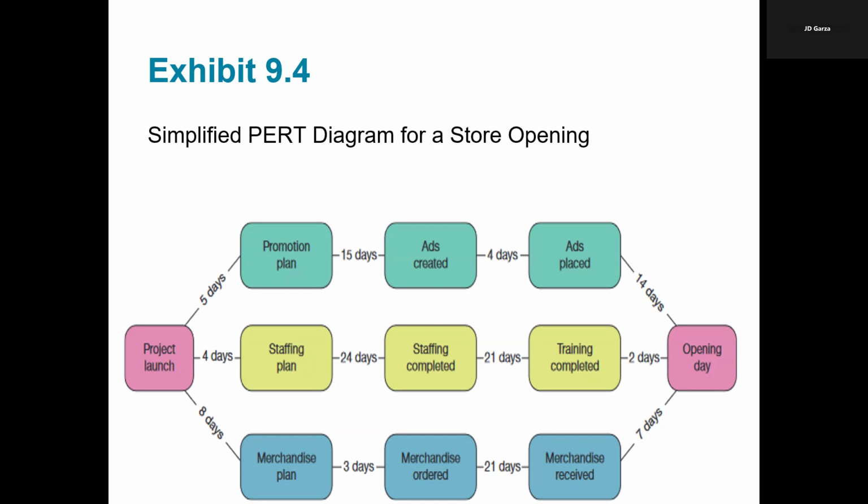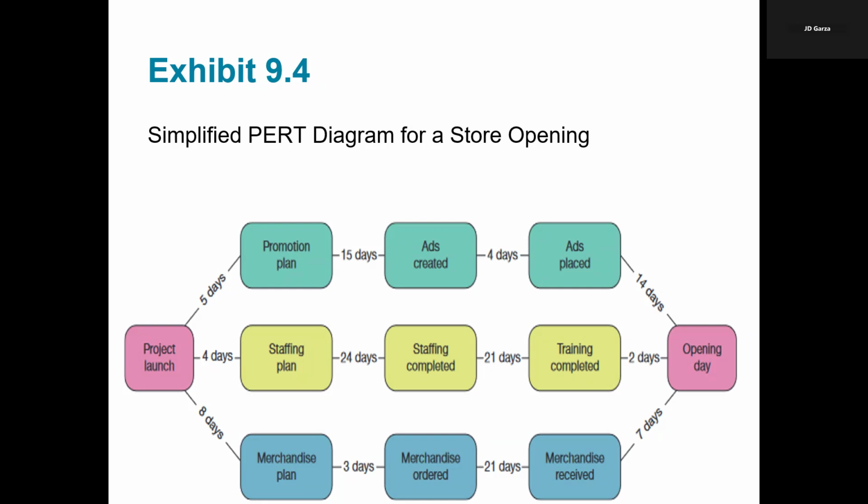Enhancing the resource allocation, meaning that it allows managers to allocate resources, let's just say, for example, staff, budget, materials, to the most critical tasks, which ensures that those key activities receive priority and sufficient support. Then, of course, you have facilitated risk management, and that's by identifying the critical path. This PERT diagram, as an example, helps the team focus on which tasks could potentially delay the entire project, enabling proactive management of risk.